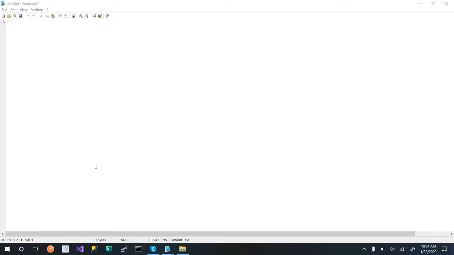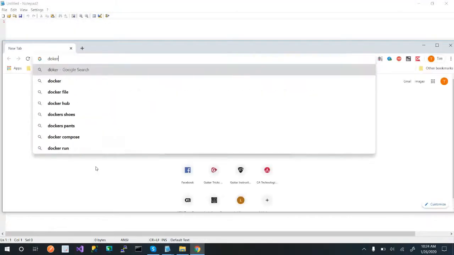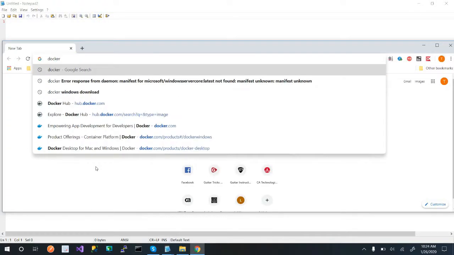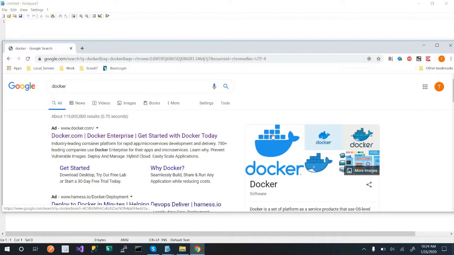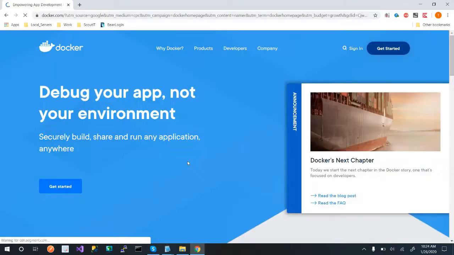Okay, so the moment y'all been waiting for, a demo. Guess what? We're done. Just kidding. So what you want to do first is go look for Docker. The first thing you've got to do is make sure, if you remember at the beginning of the video, that your Hyper-V is installed if you're doing Windows. If you're running the latest version of Windows, you should have that option for containers. You want that as well. Okay, so we'll go here. Now, I can get more detailed on this later, but right now I just want to cut through the intro. How's that sound?